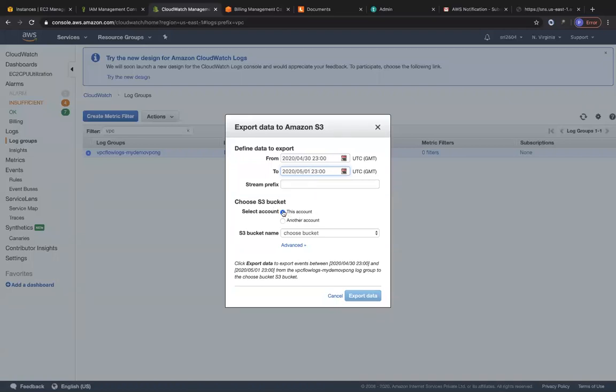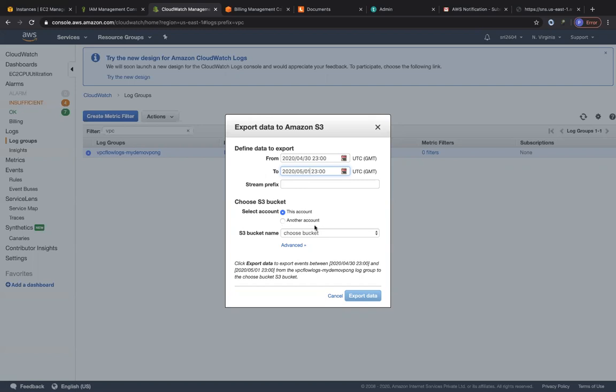And you can choose the S3 bucket, which is in this particular account or in another account. If your S3 bucket is in another account, as we saw regarding CloudTrail and server access logging, we had to associate a resource policy on that S3 bucket. You have to associate a bucket policy on the S3 bucket, because it has to receive all of the logs from CloudWatch, which is residing in this account. But if both your S3 bucket and your CloudWatch logs are in the same account, you don't need to specify a bucket policy and so on.